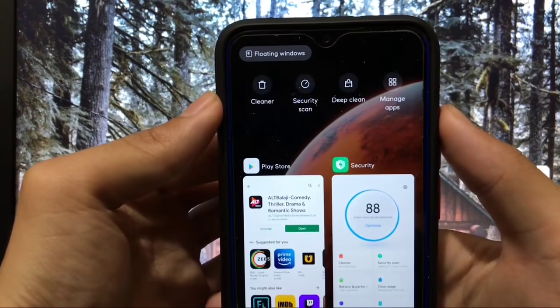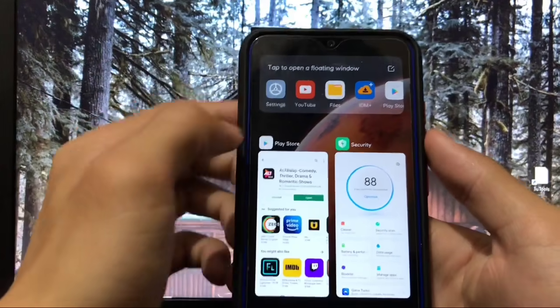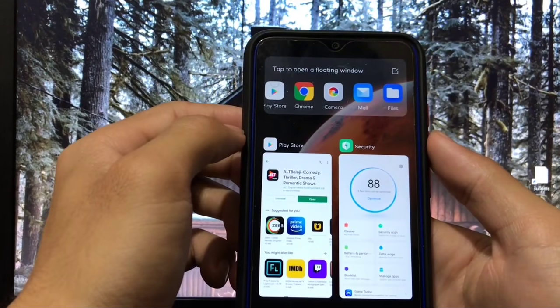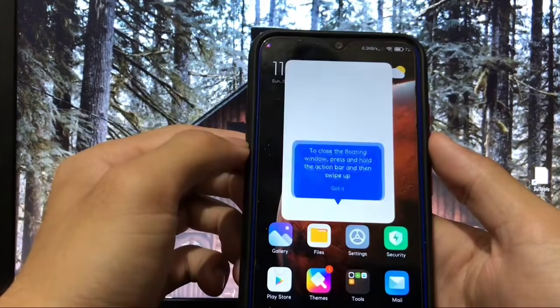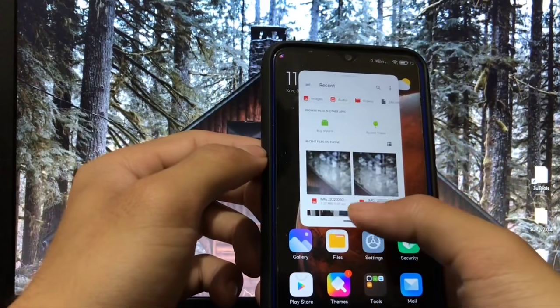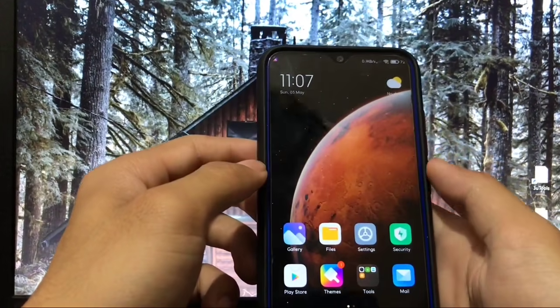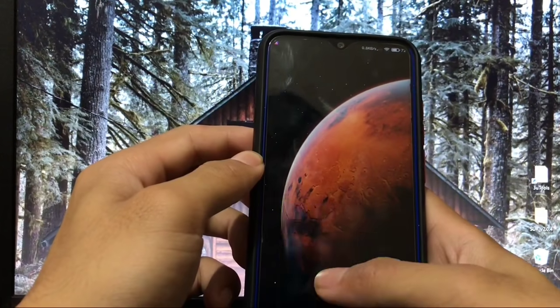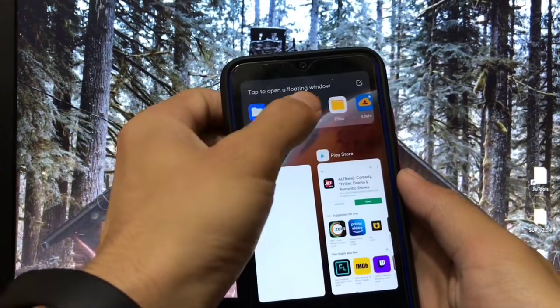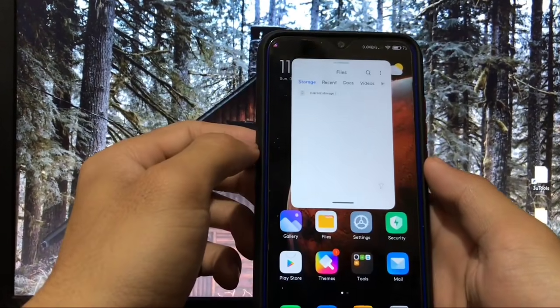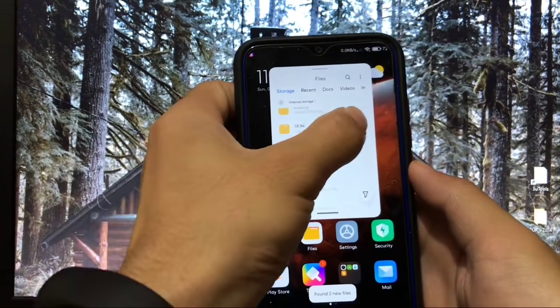And also have the option of floating windows, which is a very good thing. Whichever app you want in a floating window, you can use that. Like I want files in a floating window, you can choose this app here, and you can disable it from here very easily, which looks very cool. Here it is. If you want to use this app, you can use this one too, which looks very cool.